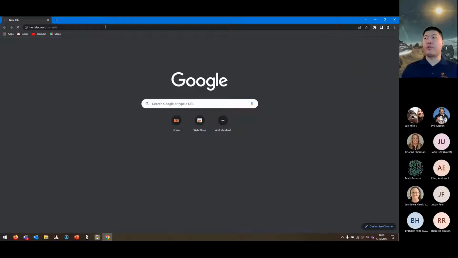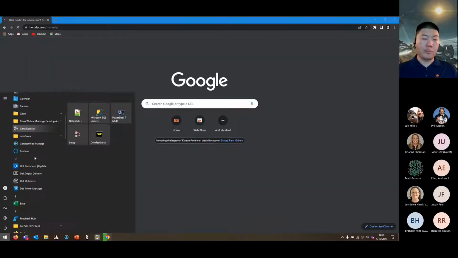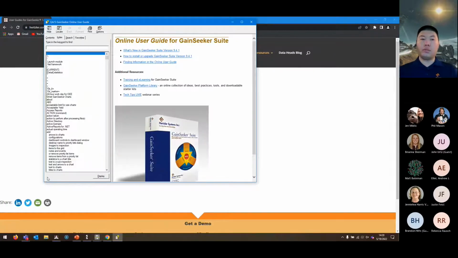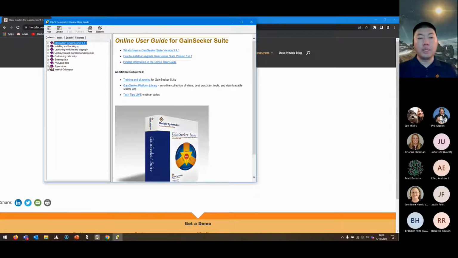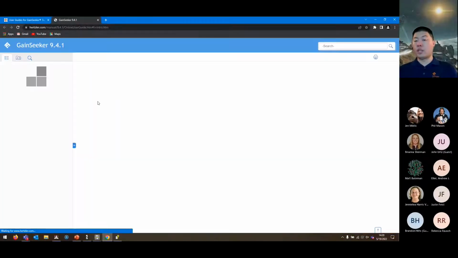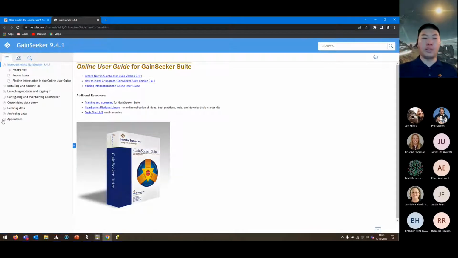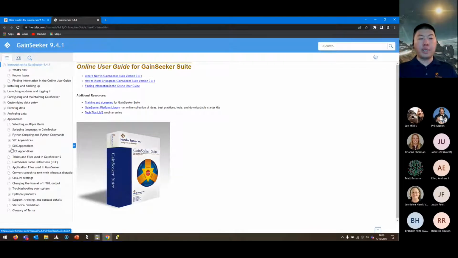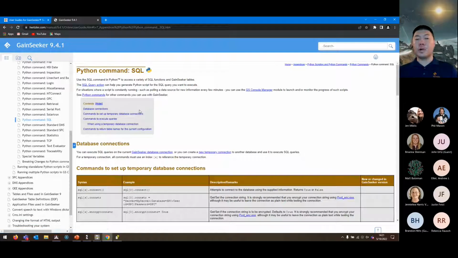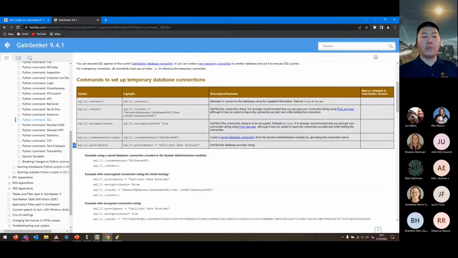I certainly prefer using our web-based version as opposed to the GainSeeker help file. They're the exact same item, but the nice thing, in my opinion, is that when you're online you can see everything and get through things a little more easily. Here in the appendix under Python scripting and commands, all of our SQL commands are there for you to look at. Here's the syntax